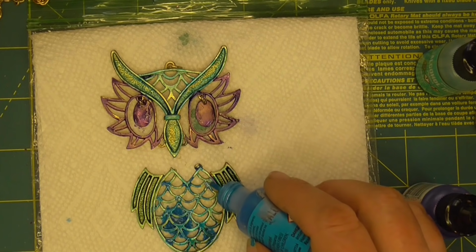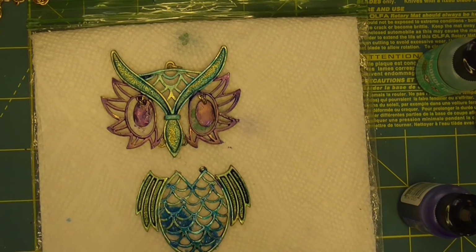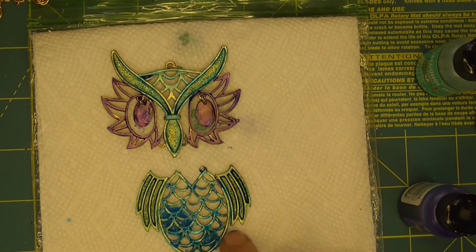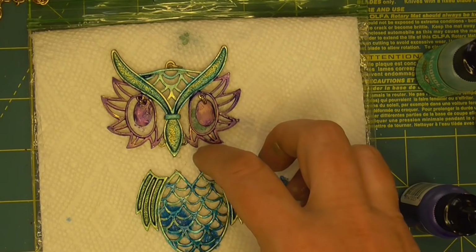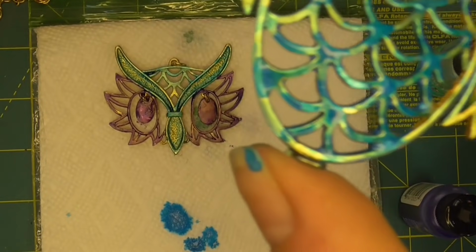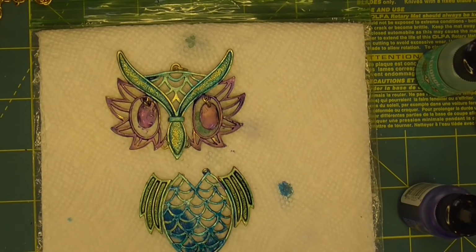But I wanted a little bit more color. And this dries pretty quick. But when it pulls up, I have to be careful because when it pulls up, it looks like it's got a drop, and I don't like that. I want it to be more smooth than that. Like this is what I'm talking about. See how it's dripping right there? And then you can see the edge of the little drops. I don't like that. I mean, other people may like that, and that's fine,